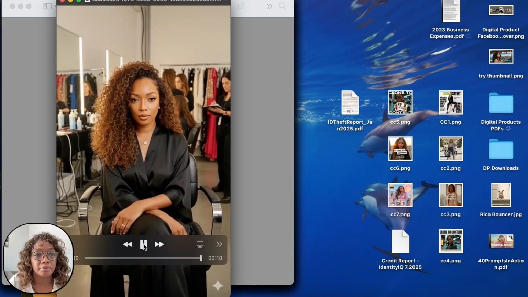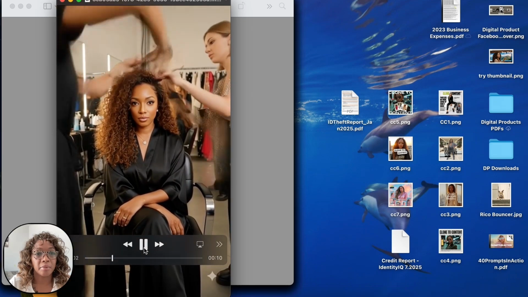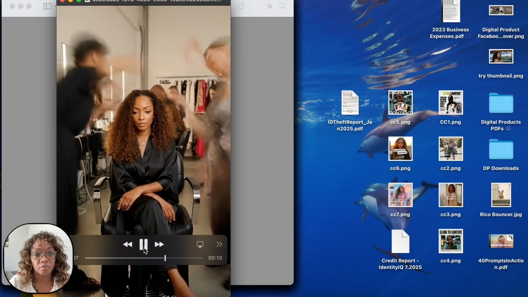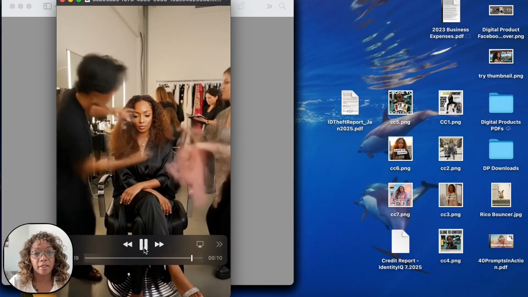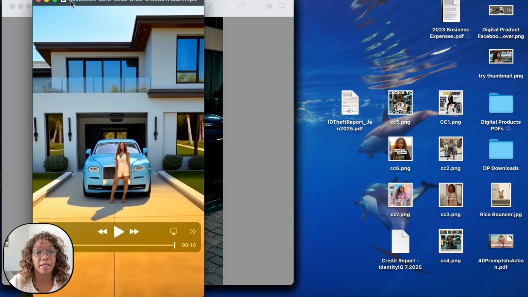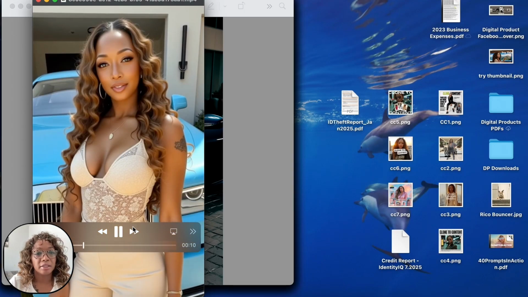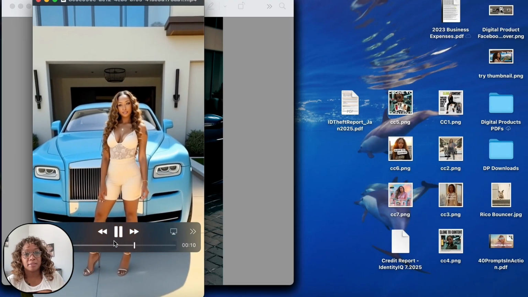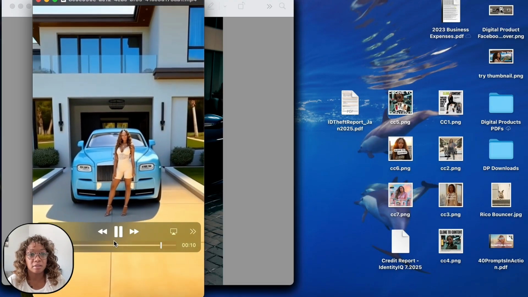Okay, this is another one, like the same concept of me getting my hair and makeup done. And on this reel, I used it to advertise for my clone to content. So basically, what I was saying in TikTok is like, I don't need a glam squad. All I do is create my AI twin, and she basically handles my content for me, right? Here's another one of me standing in front of a Rolls Royce.